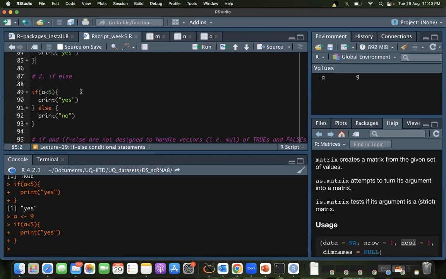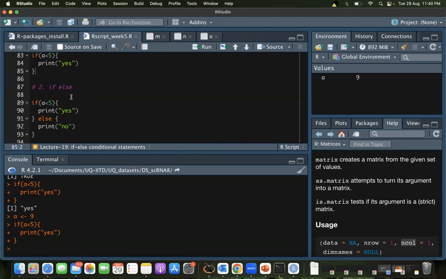All right. So now, rather than not having anything, it's mostly good to have the other alternative also, right? So in these cases, there are only two options. A number can be less than 5 or it may be not less than 5. These are the only two conditions, right?